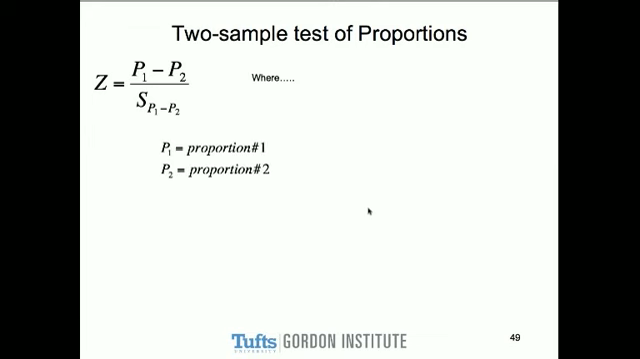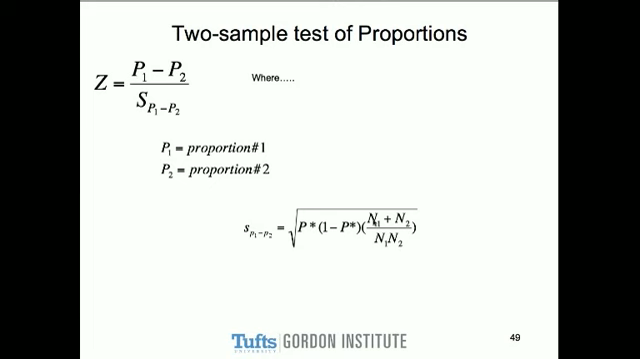All right. P1 and P2 are the different proportions, and those are easily calculated. Now this one here looks kind of scary, but it really isn't. Standard error of the difference in the proportions is the square root of the combined proportion times 1 minus the combined proportion